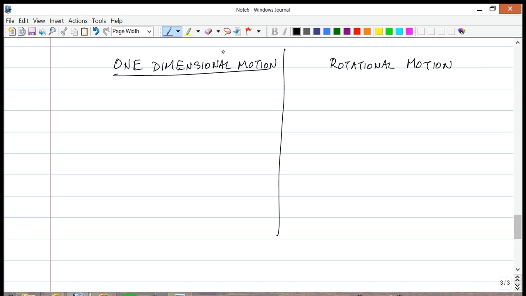So, if you remember, the first thing we said is that as we have objects that move and do all kinds of stuff, everything has a position. So our position was x. On the other hand, for rotational motion, we're going to have something called an angular position. We define it by the angle theta, because we know that for rotational motion the radius remains fixed. So as an object moves along a circle, the only thing that really changes is the angular position.